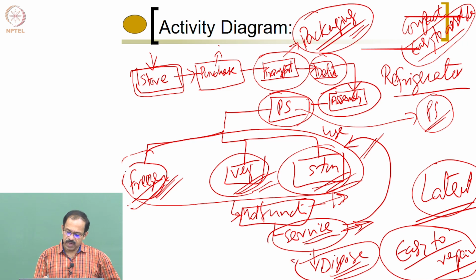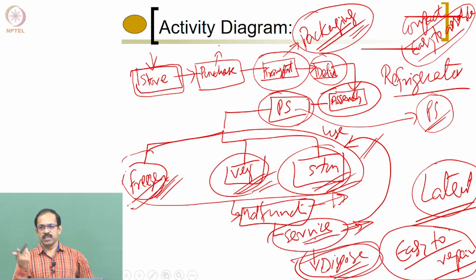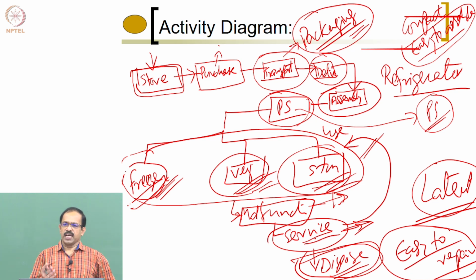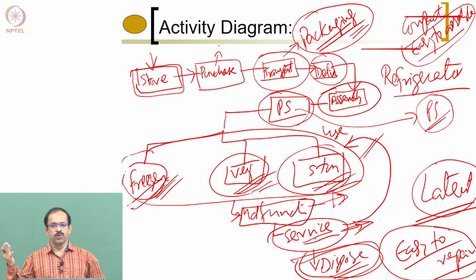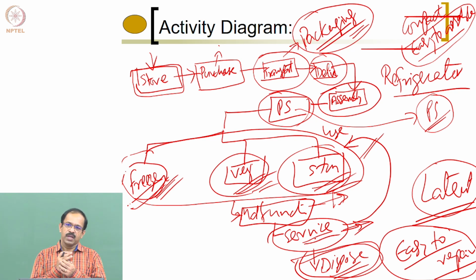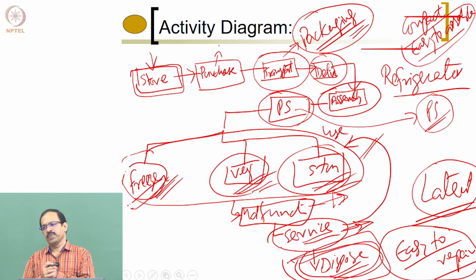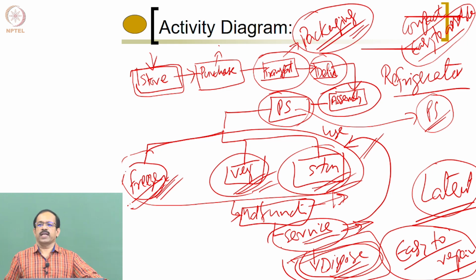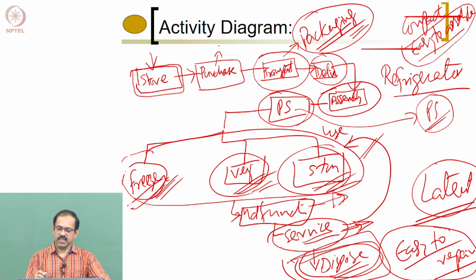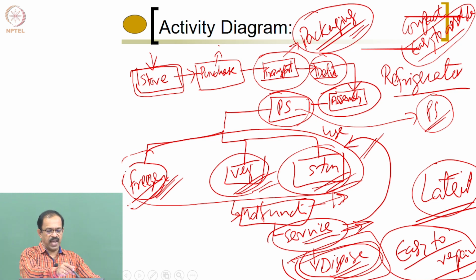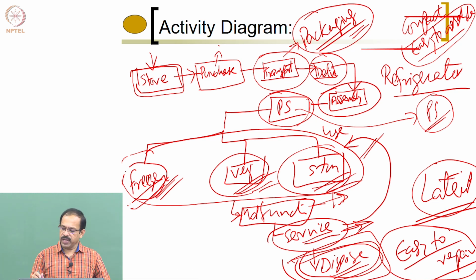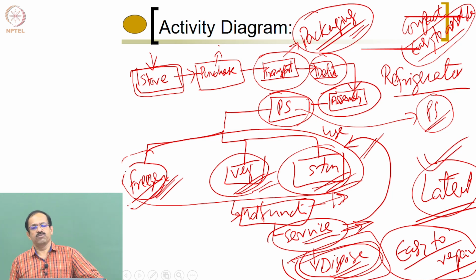So that again becomes the latent need of the product. For example, in the case of refrigerator, most of the times the compressor may be in good condition, you can actually use it. Most of the trays will be in good condition, you may be able to reuse it for some other purpose. And the metallic parts which actually got rusted need to be properly disposed of. So the latent needs actually cover this aspect also, by looking at what way the product can be disposed of. So these are the ways in which we can analyze the activity diagram and then identify all the latent needs of the product.